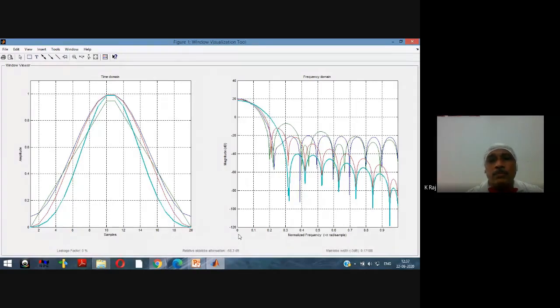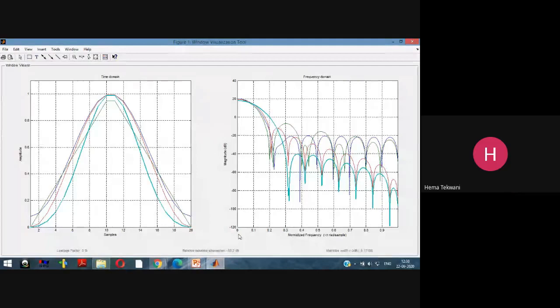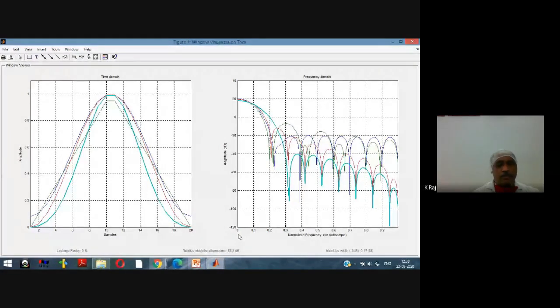So today you have to generate the Kaiser window, analyze the properties of the Kaiser window, and then compare the performance of the Kaiser window. Today or in the next term, whatever is decided by your teachers, that is Hema madam or Devchand sir, accordingly you have to verify this design concept in the laboratory, that is how the FIR low pass filter will be designed using the Kaiser window.